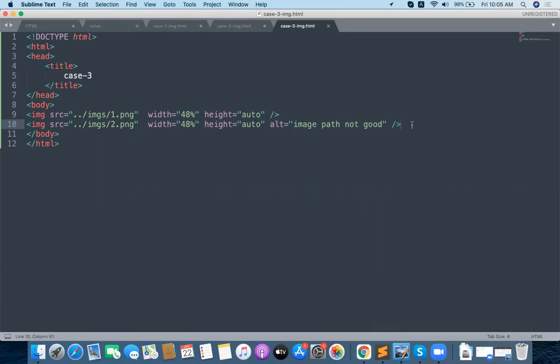HTML is not giving errors. That's what you have to learn. You need to write proper HTML only. This is not like a debugging process. HTML is not having any debugging. If you're not giving the proper path, the proper name, or the proper tag, automatically the browser is empty. Something is not executing, but the problem is you are not writing the proper code. That you have to understand.